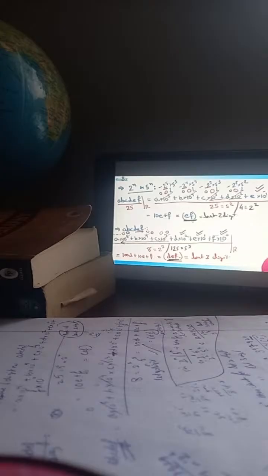That basically means that if I'm dividing by 25 or 5 square, I have to only look at the last two digits. 2 square or 5 square, only the last two digits. 2 cube or 5 cube, only the last 3 digits. Therefore, we can generalize that for 2 raised to n and 5 raised to n, I have to only look